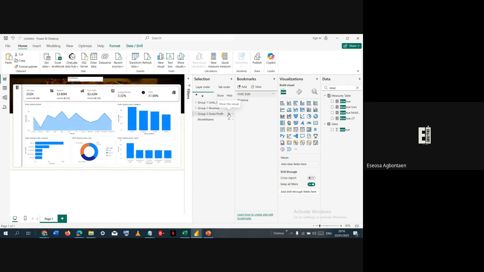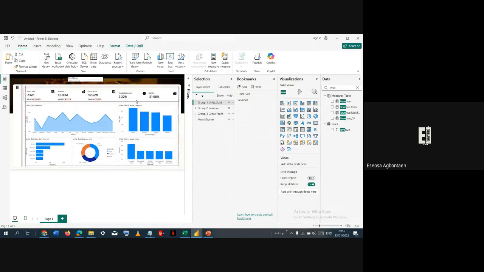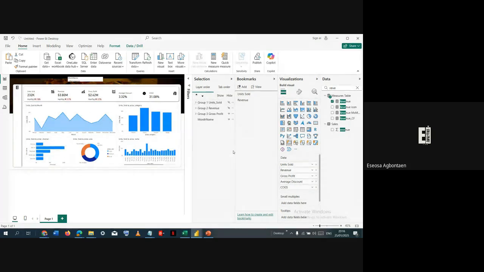Let me check this. Okay, it's not in line, so let me just make sure it's in line. Okay, I think yes, that's it. Then unit sold. Okay, now that I want to, for my gross profits, for the gross profits view, I do the same thing. I've hidden these two now, hide here,